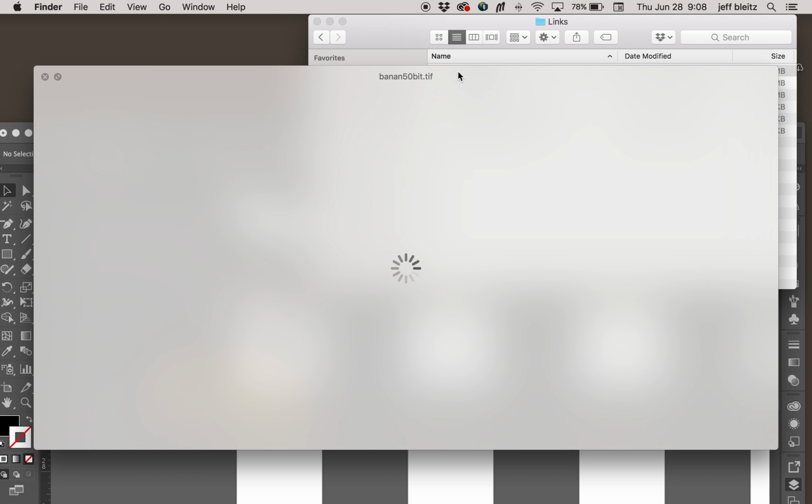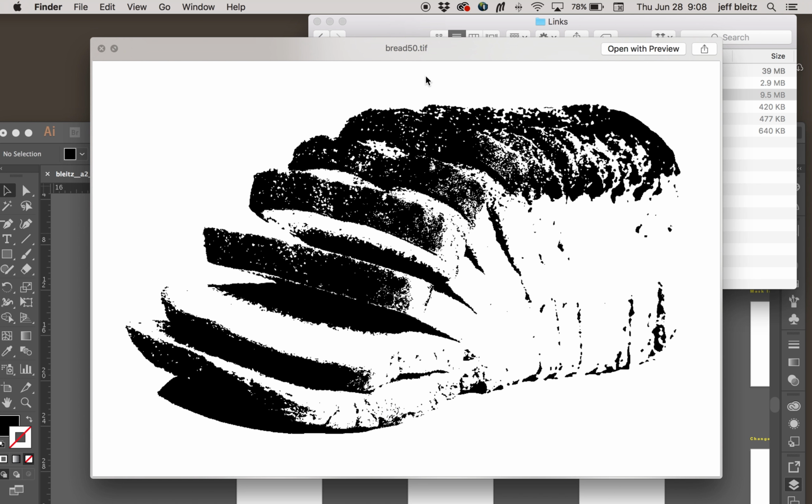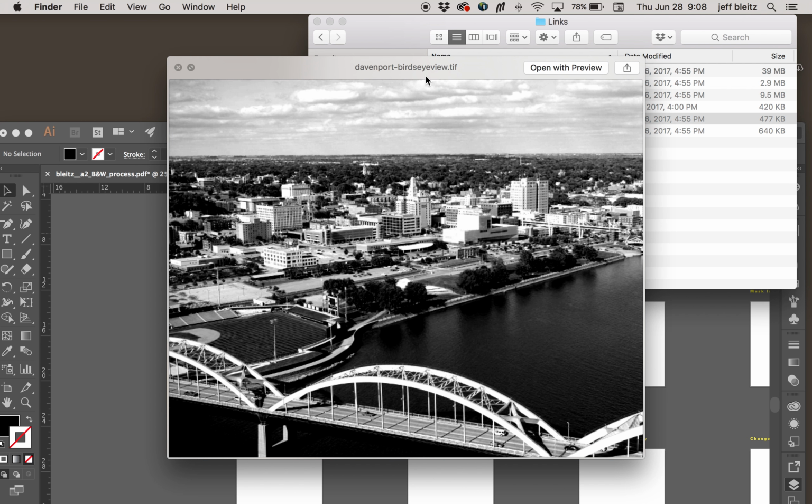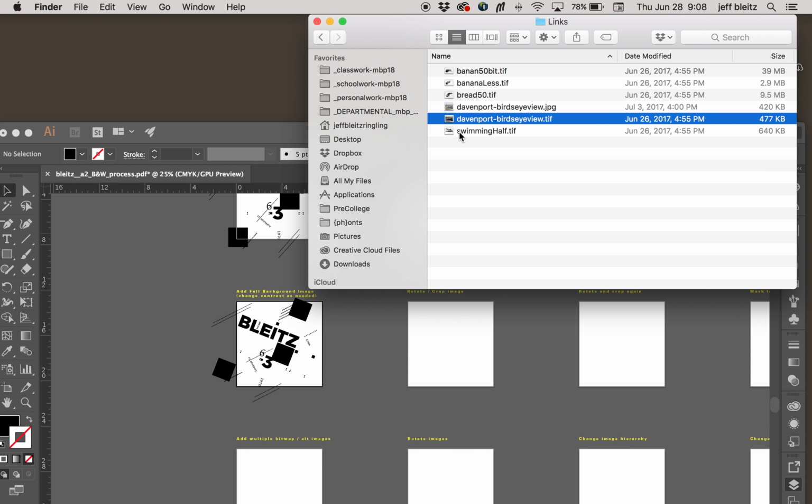that are, oh, come on, banana. That I'm ready to use. These were bitmap images and halftone images, and not that one. I'm not going to place that one, but grayscale images. So if you haven't seen the grayscale image demo, if you haven't made grayscale images, make sure you go back